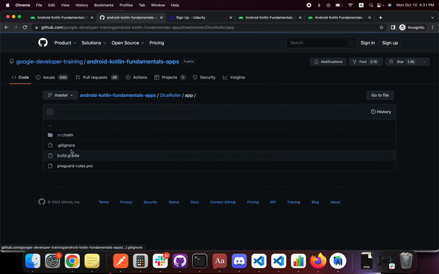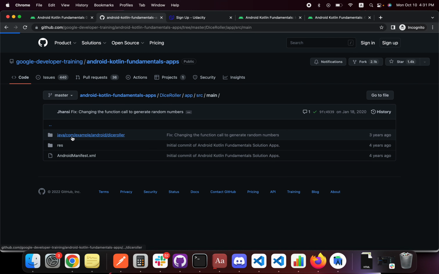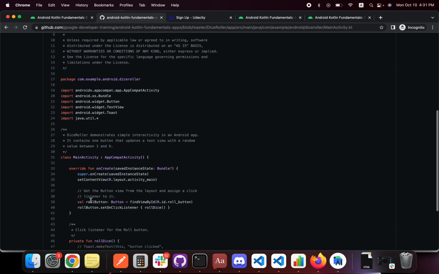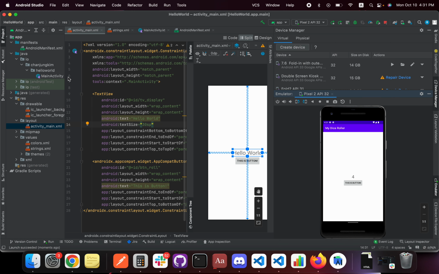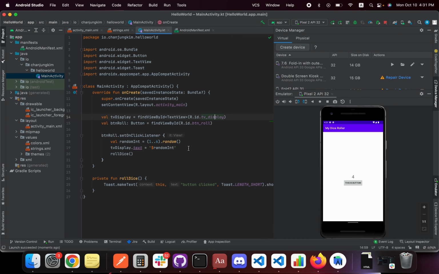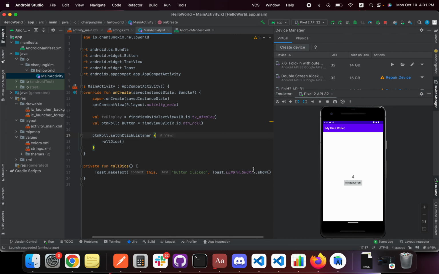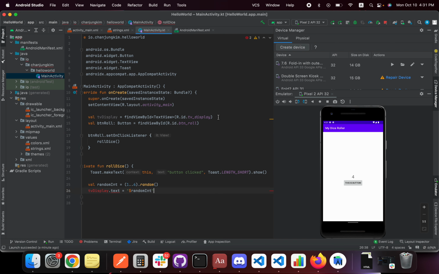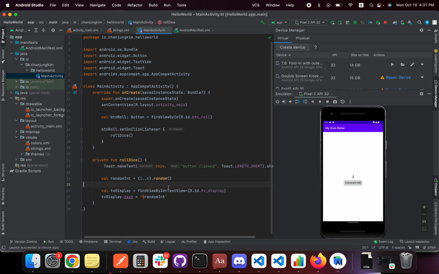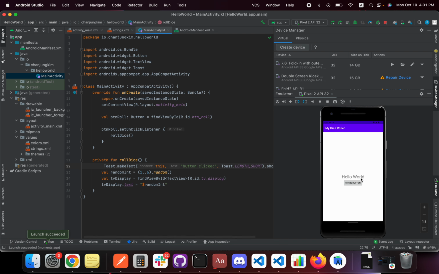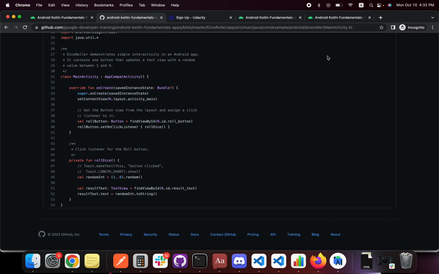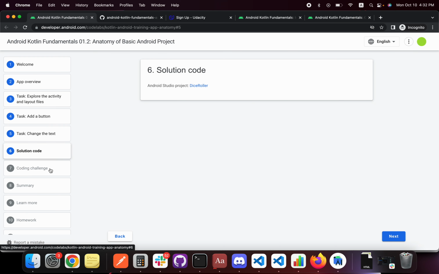So like this. And now the solution code. Let's see the solution code. It's the same thing. We can move this here like that. It's the same thing, right? So next,